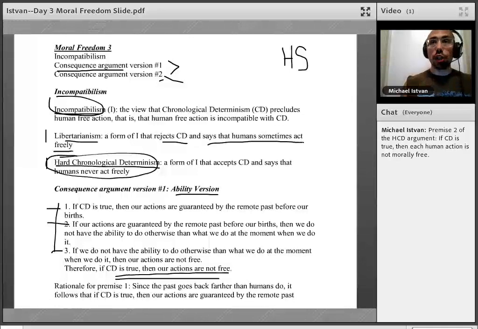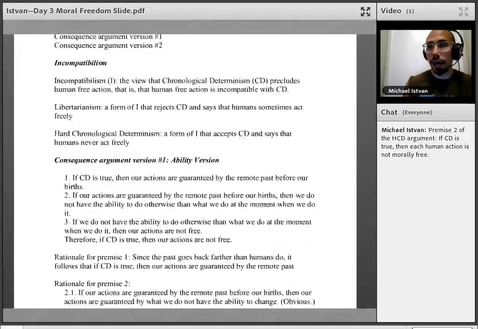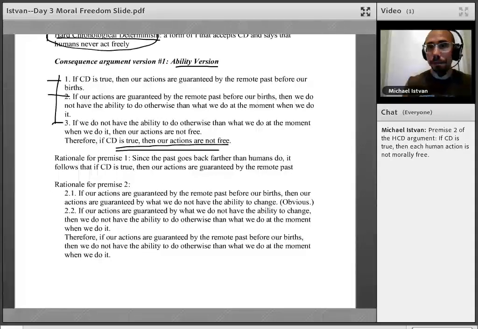So what I want to do, as I normally do, this is the careful pattern I usually exercise throughout all of my classes. Let's start at the premises. Let's look at the rationale for each premise. I have here the rationale for premise 1 right away. Let's do that. Let's scroll this down a little bit. Okay.